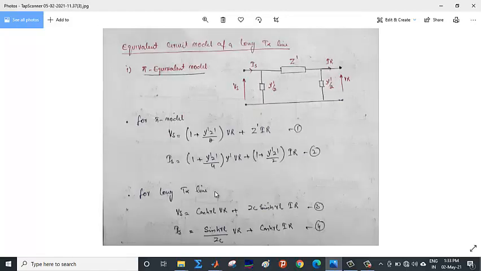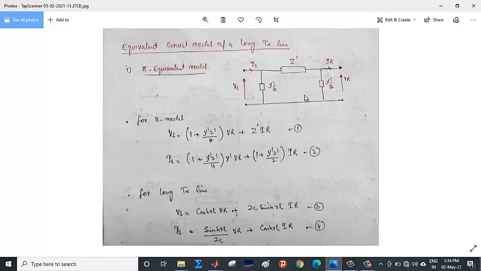Now let us move to the equivalent circuit model of the long transmission line. Since we don't have any circuit model of a long transmission line, we may try to make some equivalent circuit which may represent the input-output relationship of the long transmission line. Let us start with a pi equivalent model. Actually, this is not the exact model, or we can say these are not the exact values of z and y. I have represented them with z dash, y dash, and y dash by 2, so that in place of the long transmission line, I will place this model in such a way that the input-output relationship remains